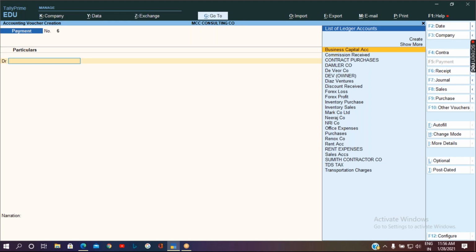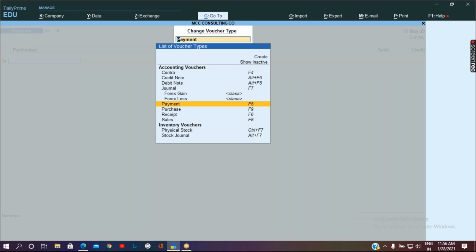So on the right hand side, you don't find the vouchers related to purchase order or sales order and other transaction types automatically. So we should go to F10, other vouchers. So now here we don't find purchase order or sales order in this list.